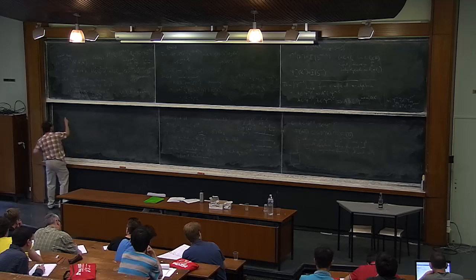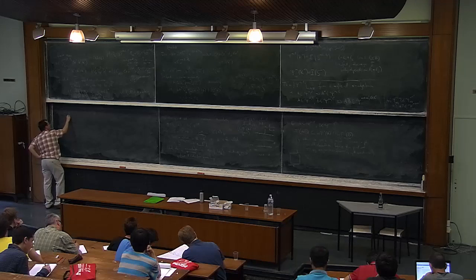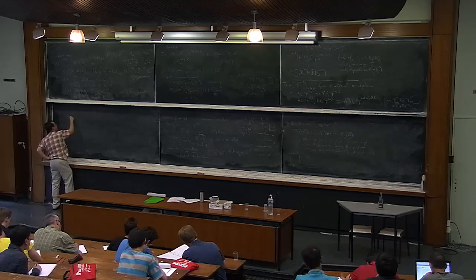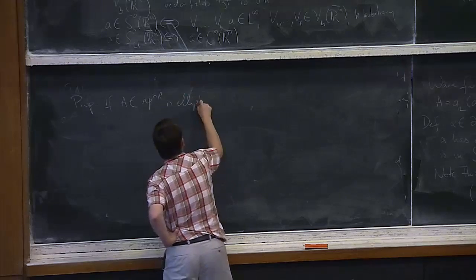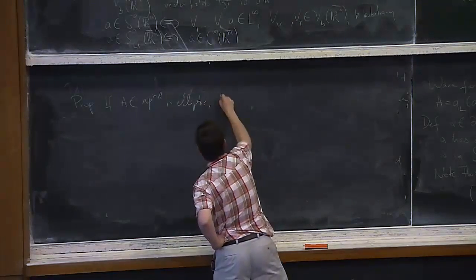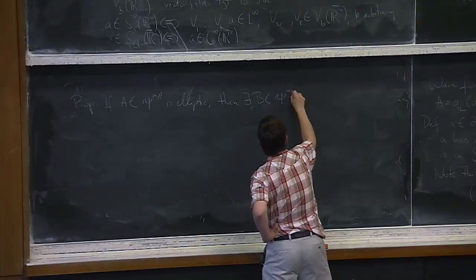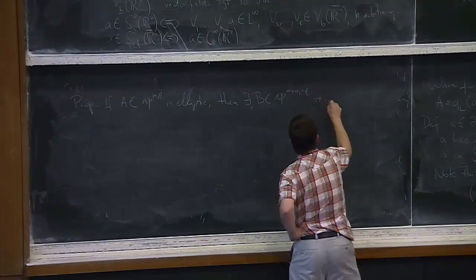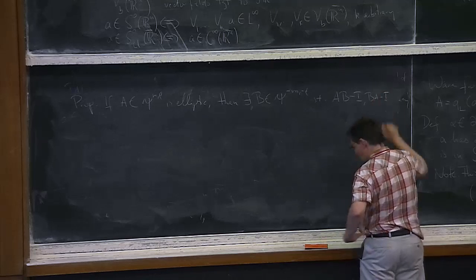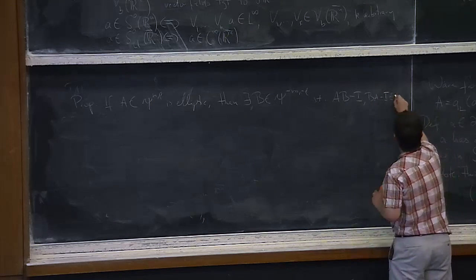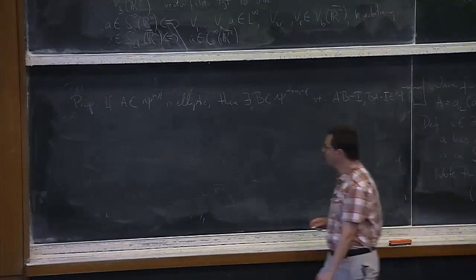So, the first proposition is that if you have an elliptic operator, then it has an approximate inverse. Okay, versus if I have